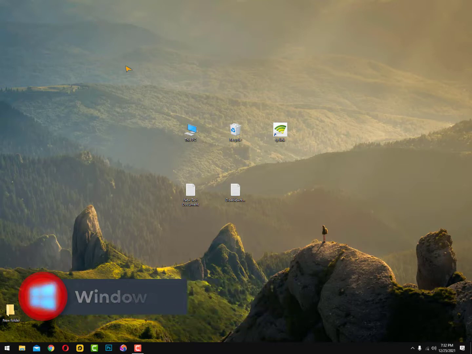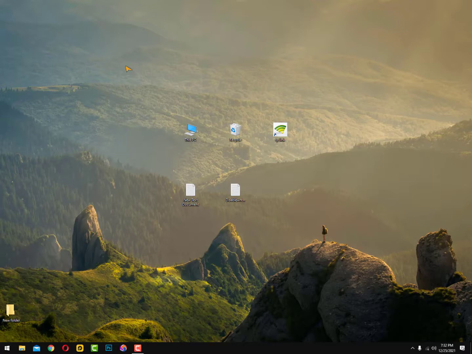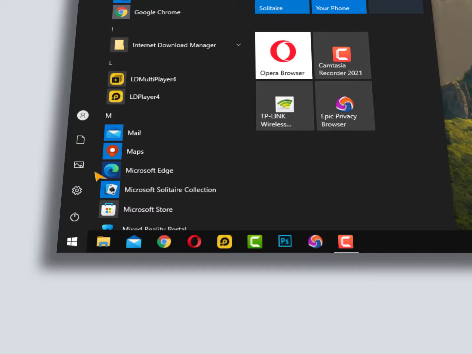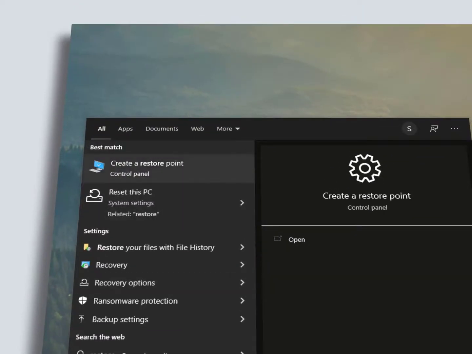How to create a restore point and what is a system restore point. So the first point is how to create a restore point. For that you need to click on the Windows icon, and now here you need to type restore point. So just type restore and here you can see create a restore point. Click on it